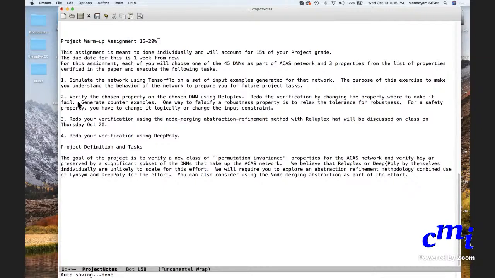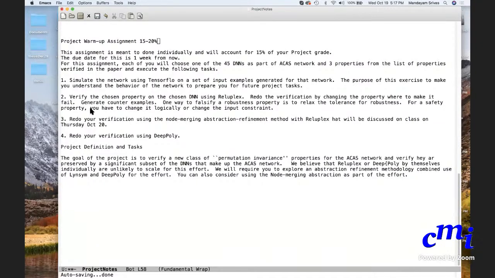Without looking at the property, I cannot say. So the idea is to do some change. Maybe you can change the input constraint. Most of these properties have some tolerance values, constants which can be changed.